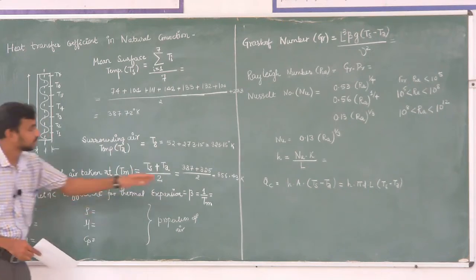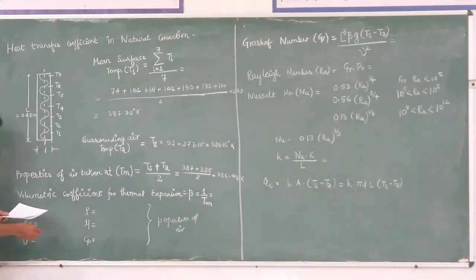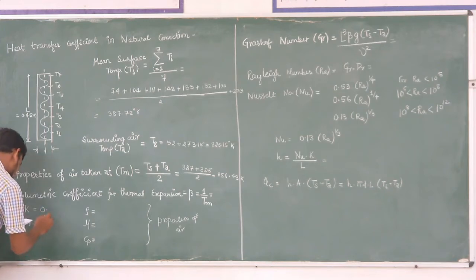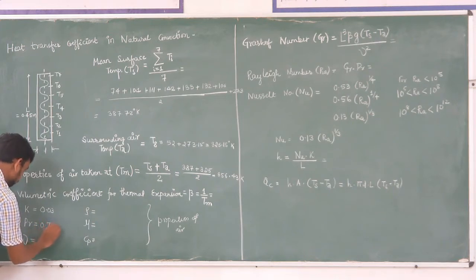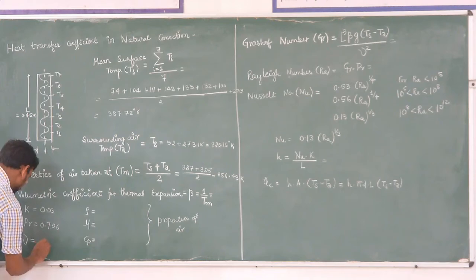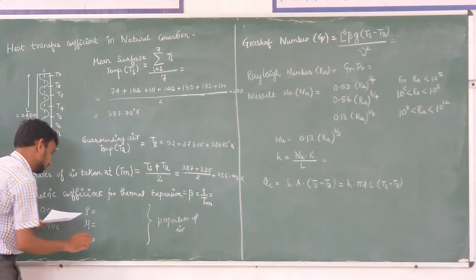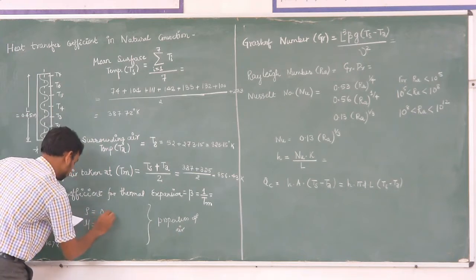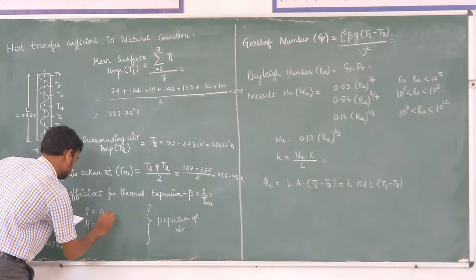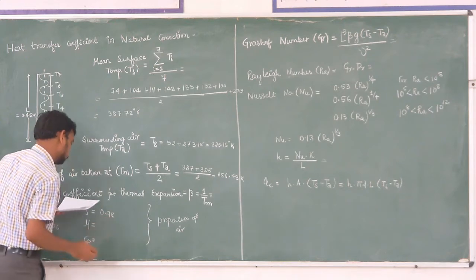So, at 356 our thermal conductivity of air comes out to be 0.03 SI unit, Prandtl number comes out to be 0.706, viscosity value 2.147 10 to the power minus 5 SI unit, density comes out to be 0.98,